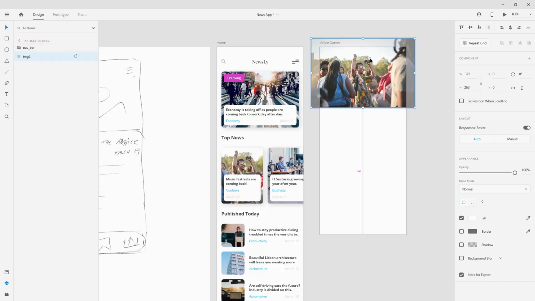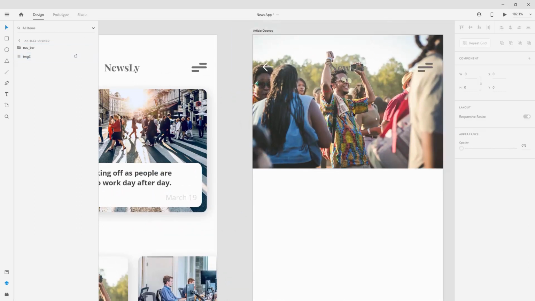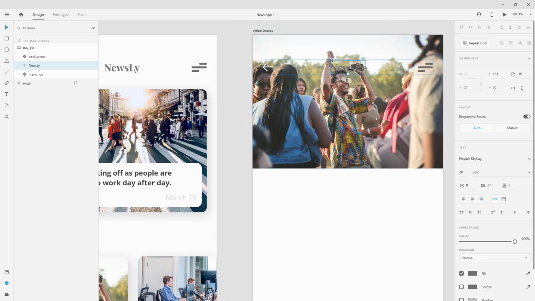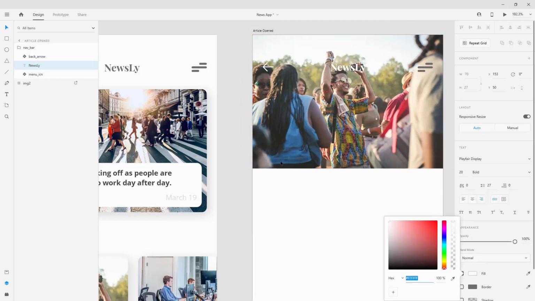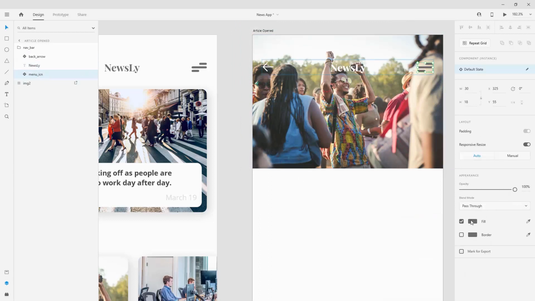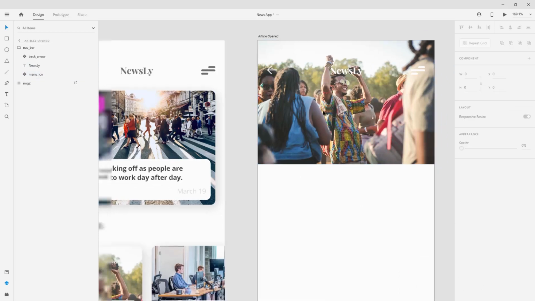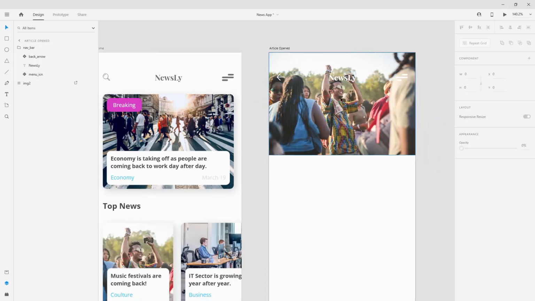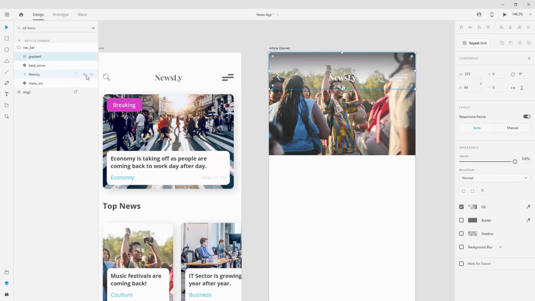Now, as you can see, we have a problem because we cannot see any of these. Now I'm going to change this to white, and I'm also going to select my menu icon and make sure it's white. And what we also need is the gradient right here. So to create a gradient, you can include it in the background of your nav bar if you want to. I'm going to simply copy and paste mine in just so you can see what it looks like. So this is basically a rectangle tool. So this 375 with 94 positioned just below all of these three,